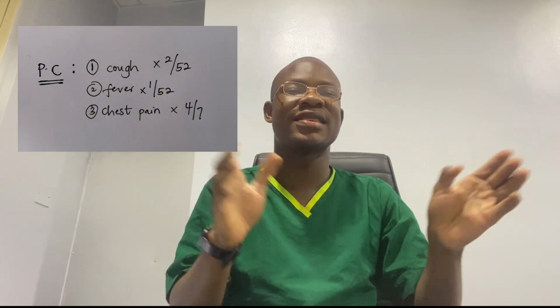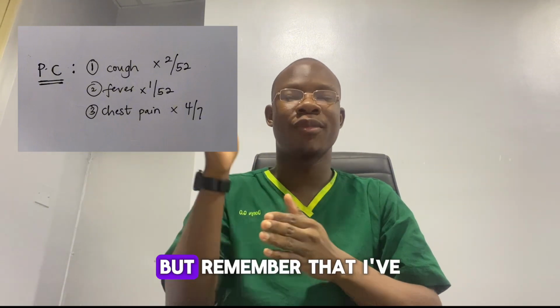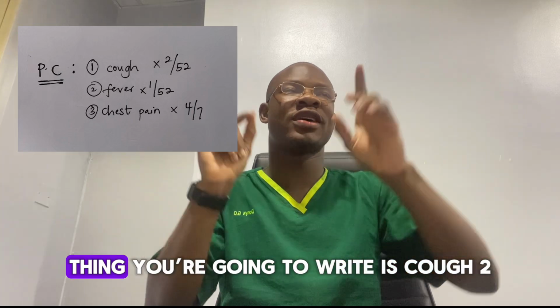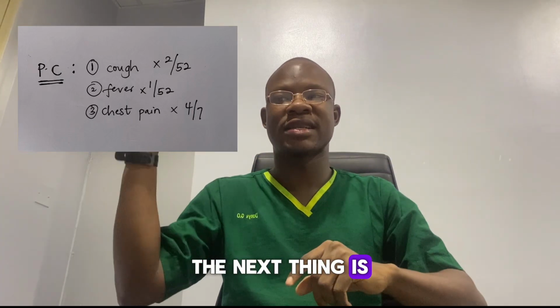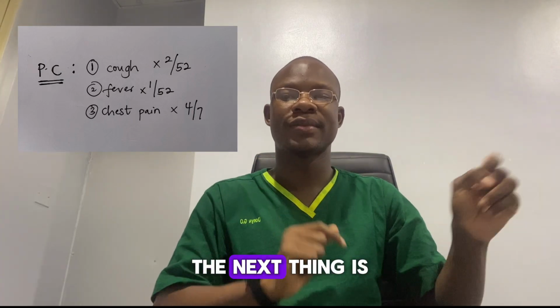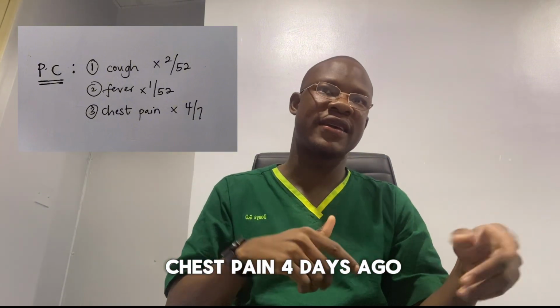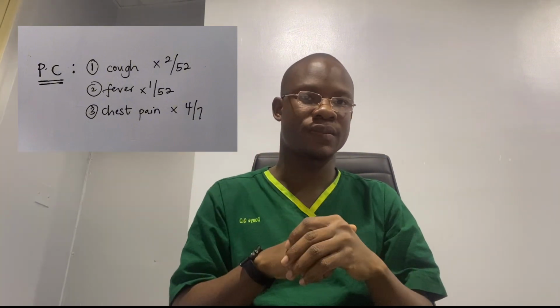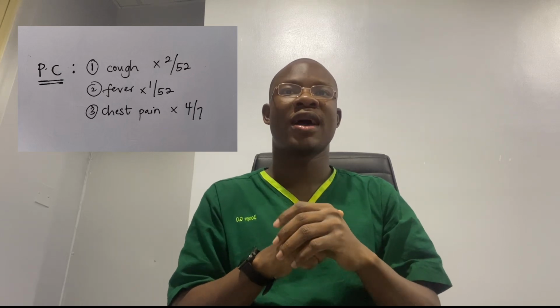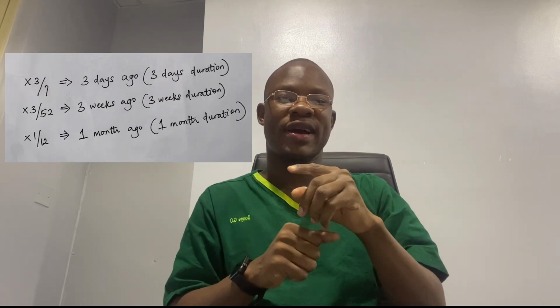I'm going to talk about that. But remember, the first thing I'm going to write is cough 2 weeks ago. The next thing is fever 1 week ago. The next thing is chest pain, let's say 4 days ago. All right. So now we do this thing whereby I write times